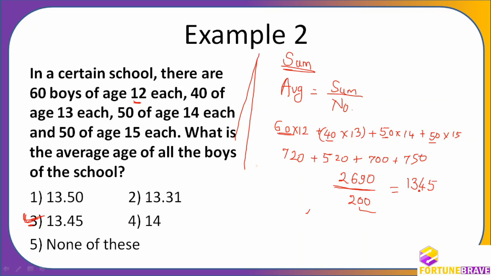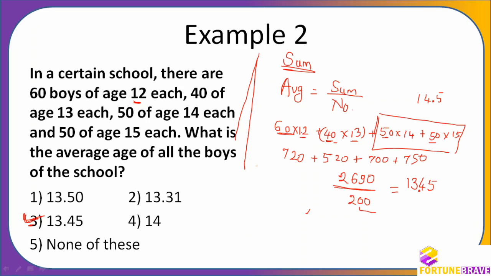13.45. Can we do it without this? It's very difficult. In this kind of question, it is difficult because what we can do, I'll just try to do it, but you will see that it will be again a little complicated, because between these two, it will be how much? 14.5. But between these two, it will not be 12.5 because this number is more and this number is less. Average is less here and average is more here. So necessarily I have to find out what it will be, and then only we will be able to solve this question, otherwise it will get complicated.